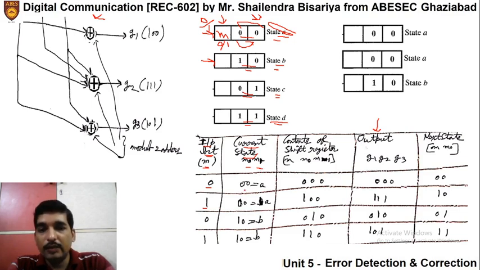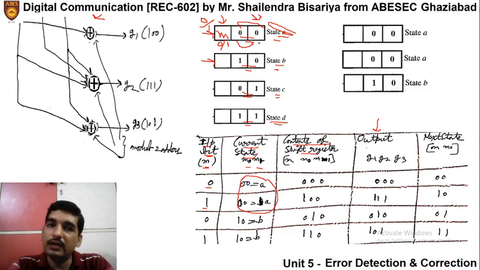So the current state may be A. For this A state we calculate first, then we will move further. When the current state is A, the initial state is always A because it is 0 0. Initially we say that the contents are 0 0, so the initial state is always A. We start from this point. When the current state is A, the input bit coming may have the value 0 or 1. So we have written the two cases: the first case when the input bit is 0 and the second case when the input bit is 1.